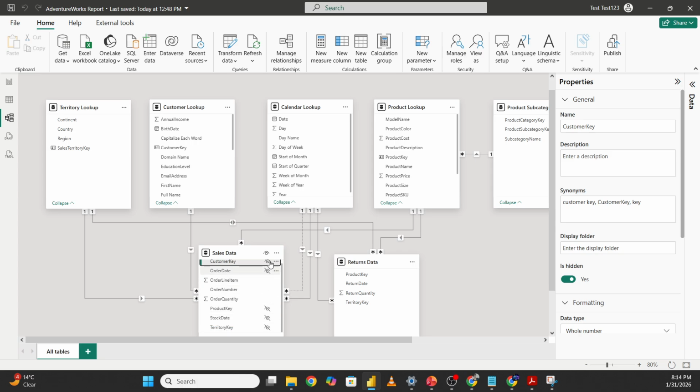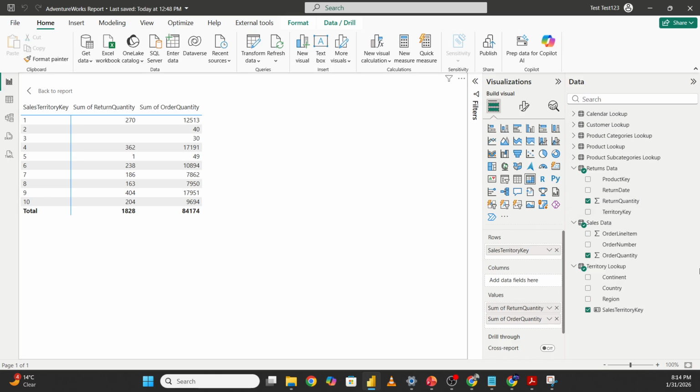Then if you hide that column in the report view, only the necessary columns will appear like this. So users can only filter or use the necessary fields, not the unnecessary fields here and there, right? So this is today's concept or